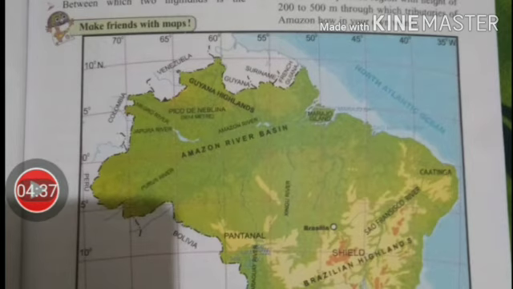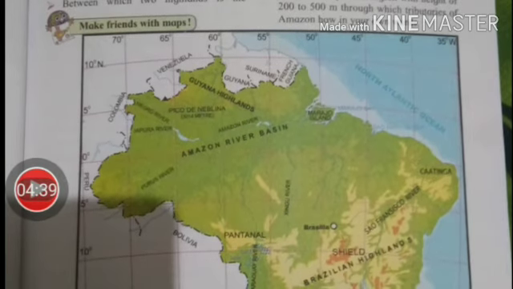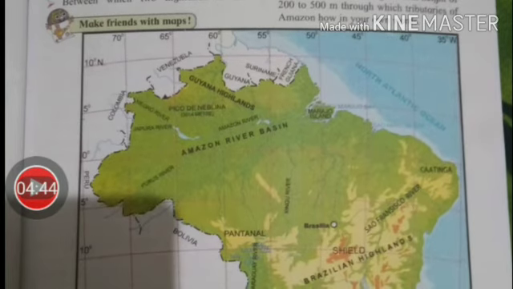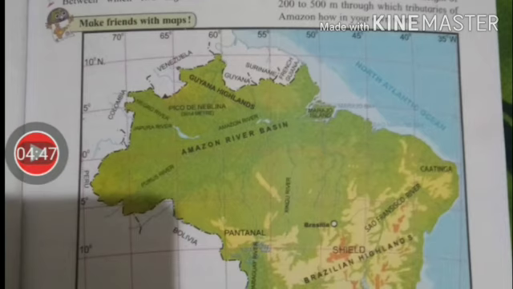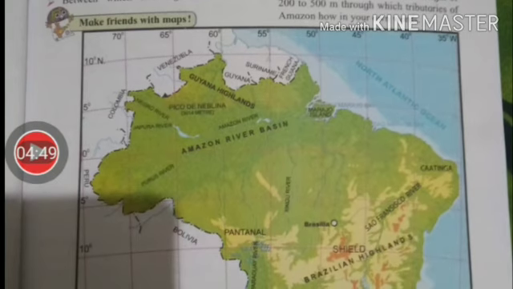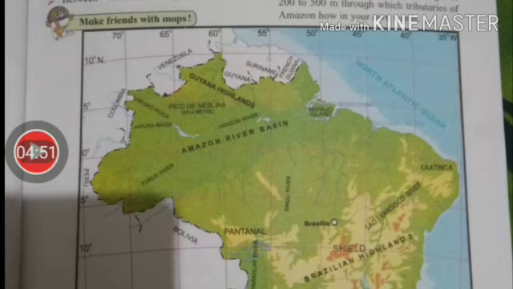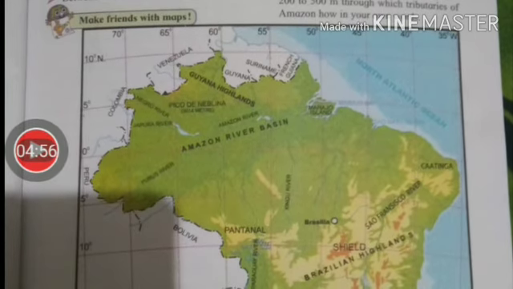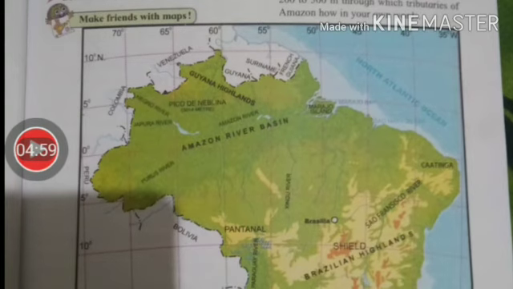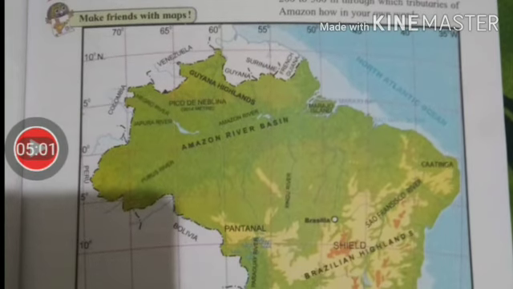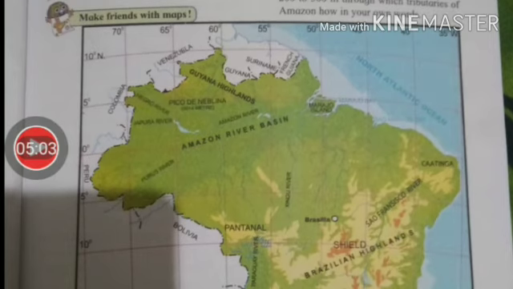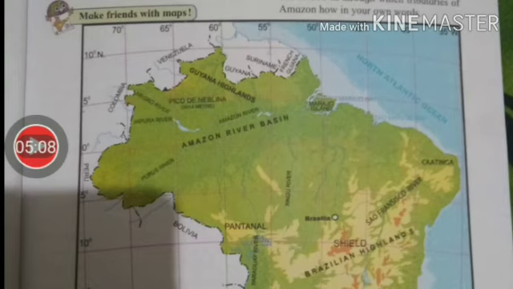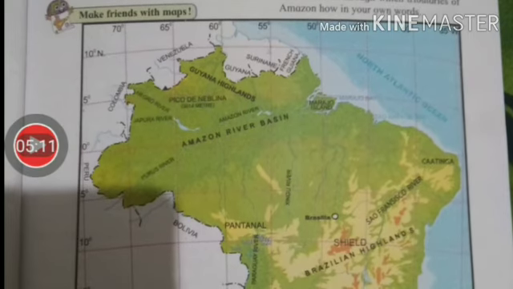Observe the region with the altitude 500 to 1000 meters. Describe the locational extent of this region shown in yellow with reference to direction. The region with the altitude 500 to 1000 meters shown in yellow extends from northeast to southeast direction. What do the isolated regions shown in yellow indicate? The isolated regions shown in yellow indicate Brazilian Highlands. Isolated means there will be no living population, that is called isolated regions.